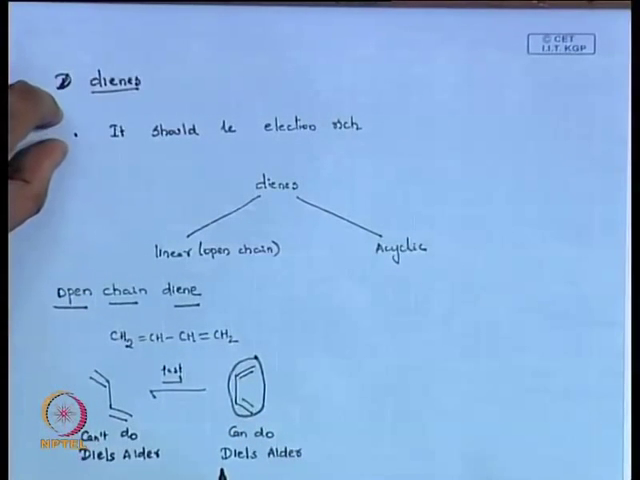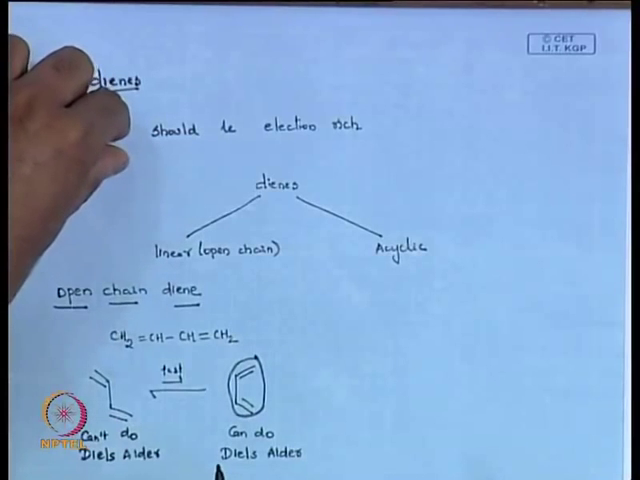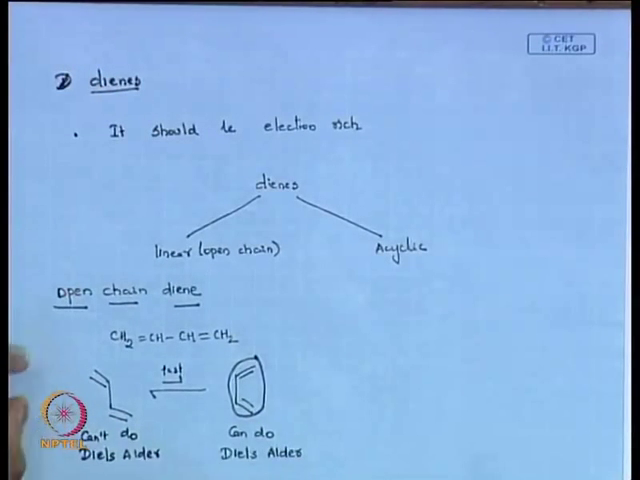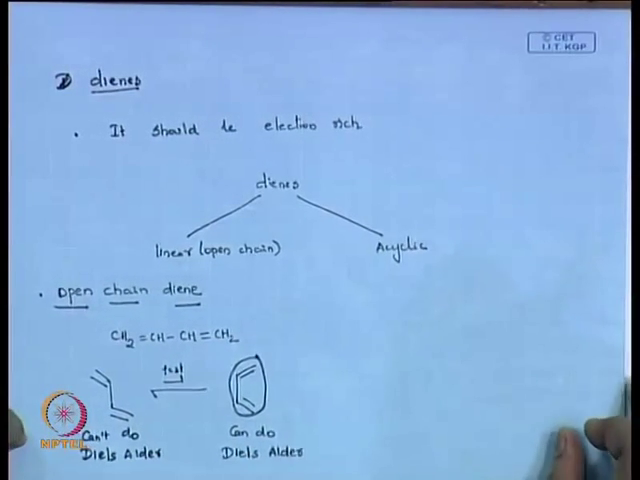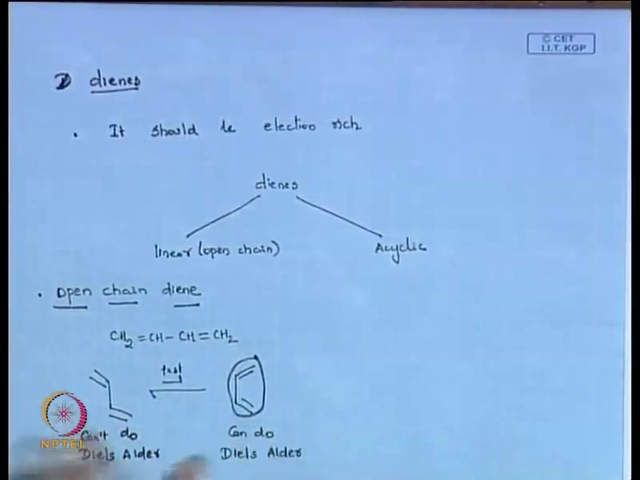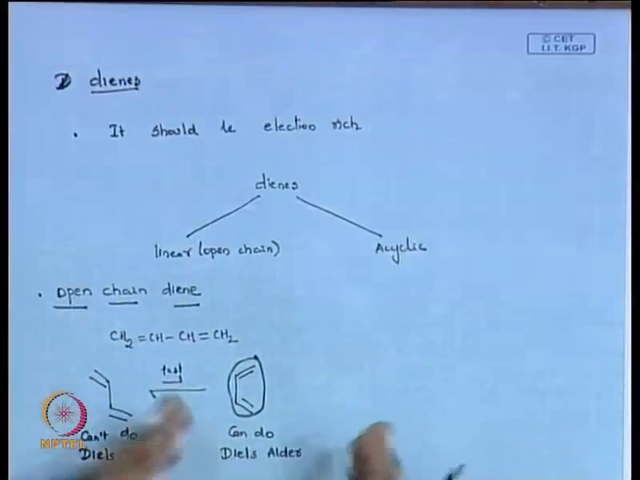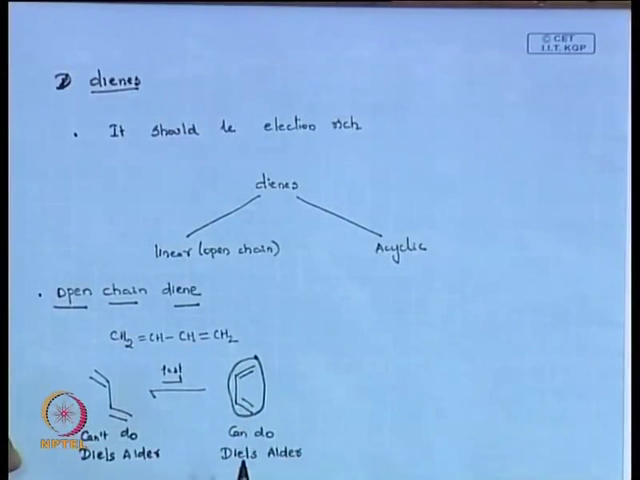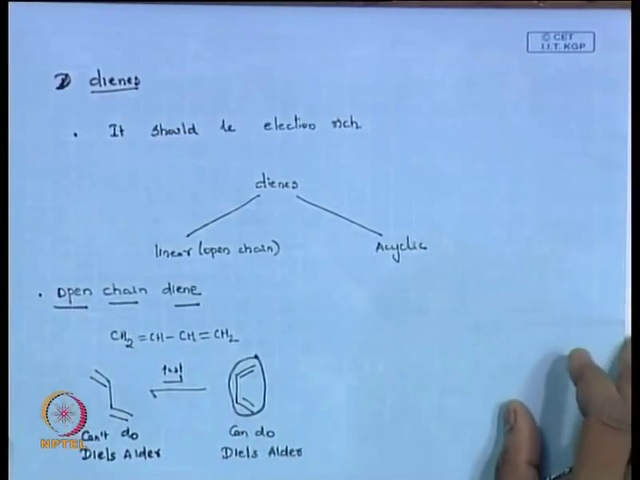So, first we said that the diene should be electron rich. The second point is that the diene should be in the cis configuration to do the reaction, which you call S-cis, cisoid. In the case of linear systems, you always have an opportunity of transoid and cisoid, and the cisoid ends up doing the Diels-Alder reaction. But once we go to cyclic systems,